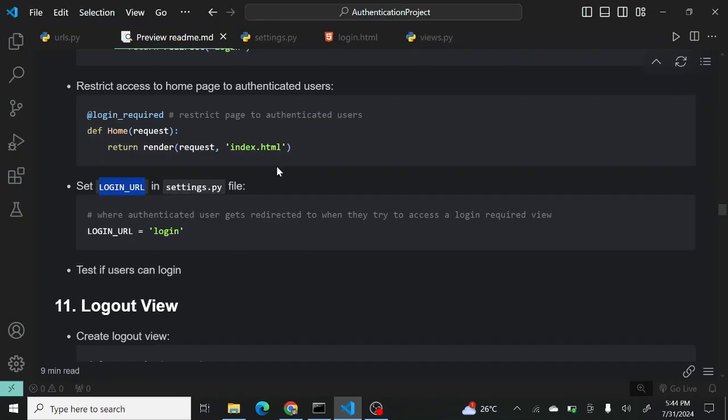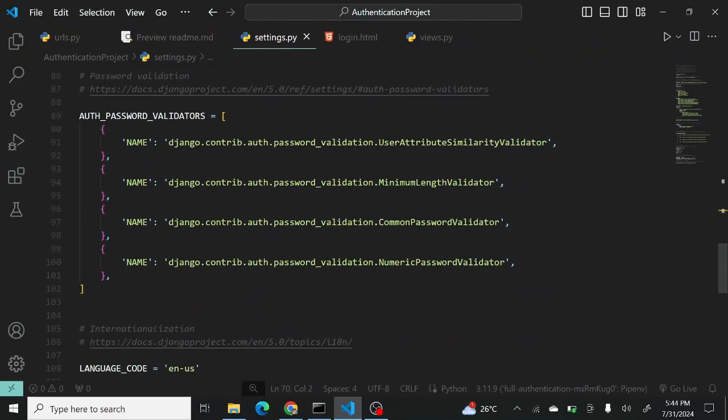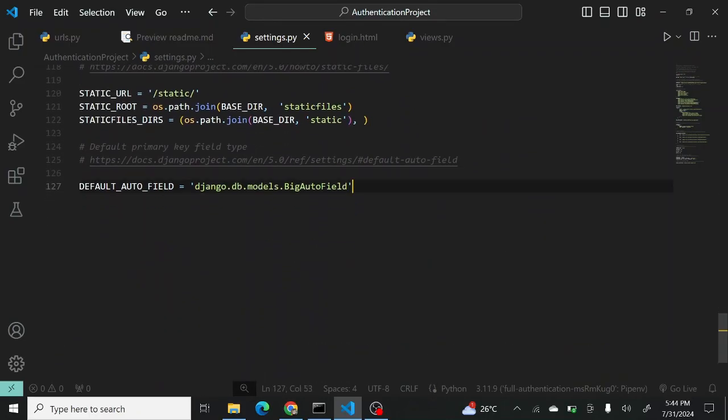And the login URL basically tells Django where to redirect a user to if a specific view requires them to be logged in and they are not logged in. So we need to specify login URL in our settings.py file. I want you to head to your settings.py file and scroll to the bottom. Now we're going to create a new variable and call it LOGIN_URL,